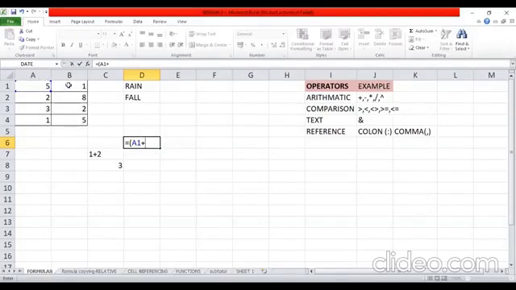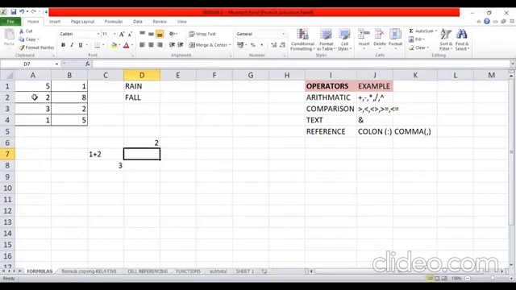Now maybe I want to subtract this time, so minus. I want to subtract B1 from it, so minus B1. Again, I have simply clicked on B1 and B1 is displayed in my cell. Now I will close my brackets and I want to divide it by the value in A2, so I will insert the divide sign. In Excel, this is the divide sign that we use, and click on the cell containing the value 2. And now I press enter to get the result of my calculation. So it is showing me 5 minus 1 divided by 2, which gives me 2.